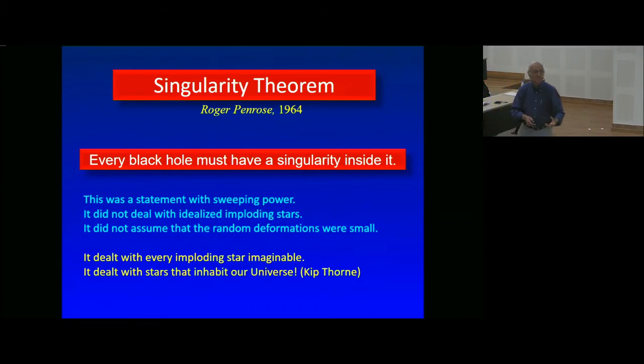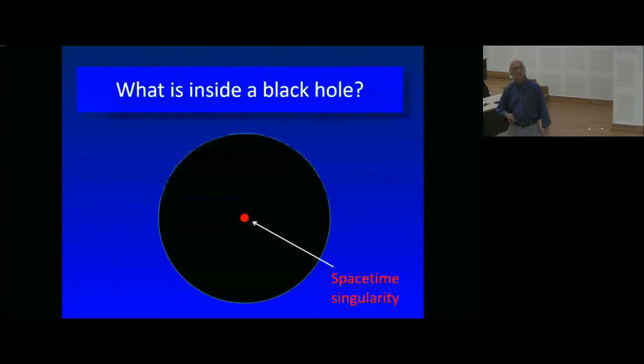As Kip Thorne has said, it dealt with every possible imploding star that is imaginable. It dealt with the real stars in the universe because he used topological methods, okay? So the statement is, every black hole must have a singularity inside it. Now, Roger Penrose wondered whether in extreme situations this singularity can occur outside the event horizon or outside the trapped